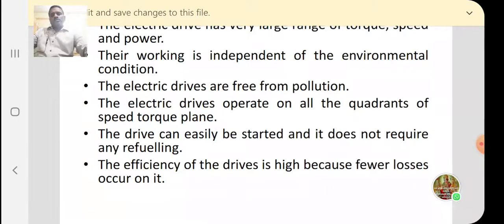And the electric drives' biggest advantage is that no gear is used, meaning absence of mechanical gear. Speed is changed electrically, so the motor drive is more efficient. So we are going to conclude these types and parts of the motor or the drives we have studied here.